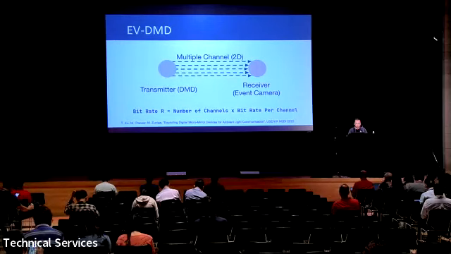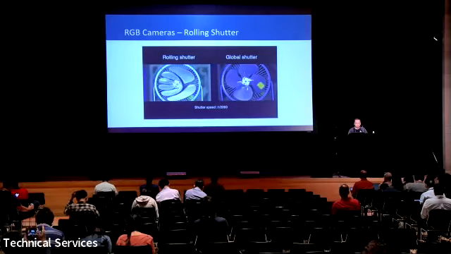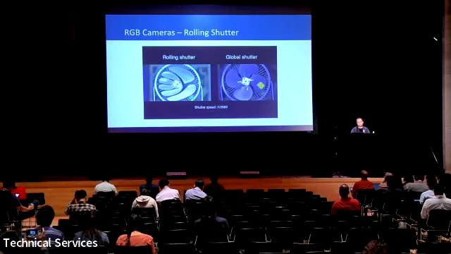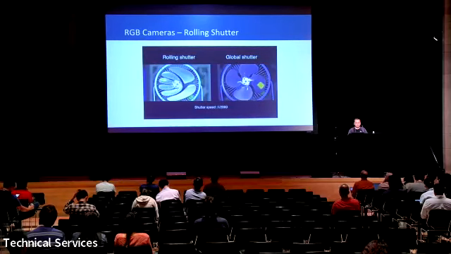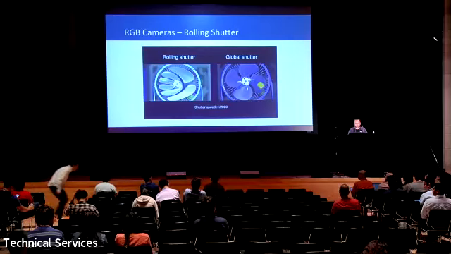So if we increase the number of channels, we will increase the data rate linearly. So we have the transmitter, right? And this time we also need a new receiver, not a photodiode. Maybe we can use the RGB camera. No, we cannot, because there is a frame rate for RGB cameras. They are exposed at a fixed frequency, for example 30 hertz, 60 hertz, even 120 hertz. But it's far away from the 4.2 kilohertz.